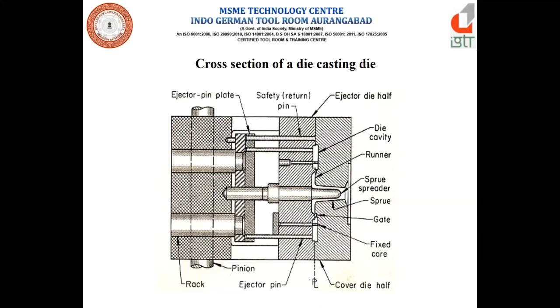Next are cooling systems. Water cooling requirements for the die are established by the heat input of the molten metal, which depends on the type of metal being cast, the weight per shot, and the number of shots per unit of time. Because the die functions as a heat exchanger, an optimum die temperature must be established and maintained. Common practice is to design the die with more cooling channels than are needed and to keep the flow of cooling water at a minimum during die startup. Water flow may be increased after the die is at operating temperature.